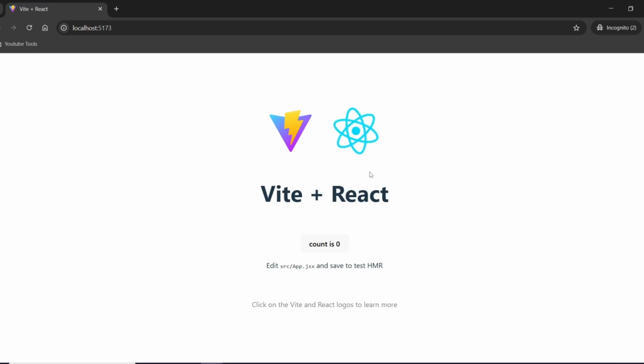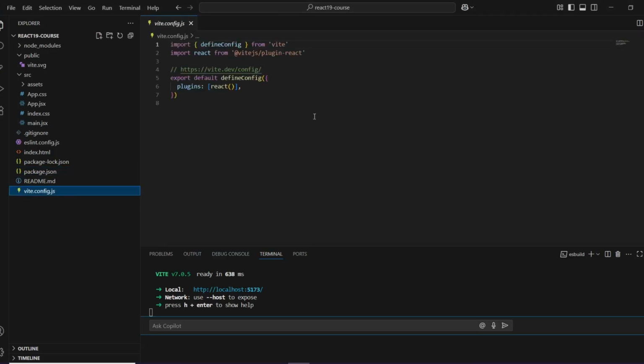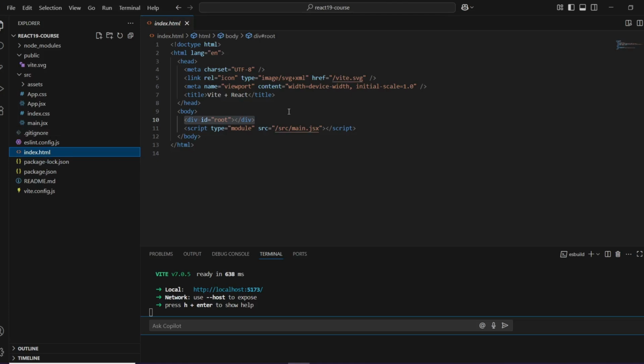But let's understand what is happening behind the scenes when you run npm run dev. Okay. So what initially happens, Vite reads this vite.config.js for your app setup. Okay. Then it loads index.html, and in this index.html, it injects the app component. And once it injects our App.jsx through main.jsx basically, then it starts a blazing fast dev server on the default localhost port 5173. Instant hot reloads when any file changes.